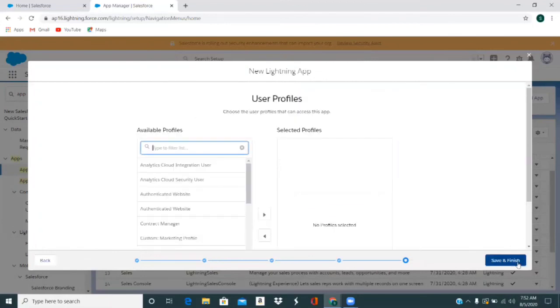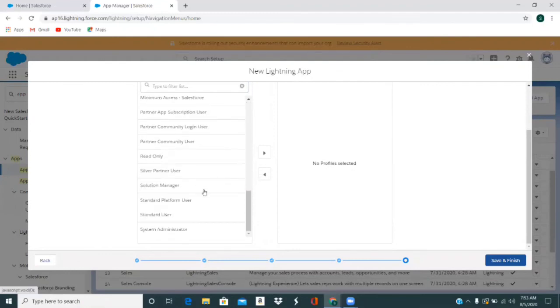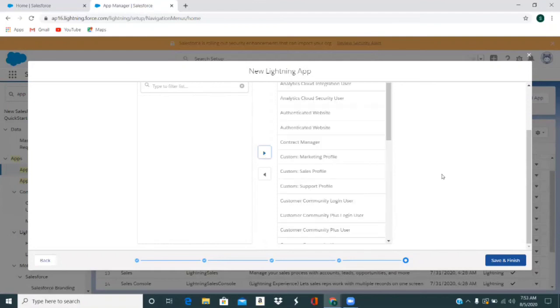So I'll just click on next. Now for whatever profiles you want to give access to this app, currently we will select all the profiles, and just select here and go ahead and save and finish.